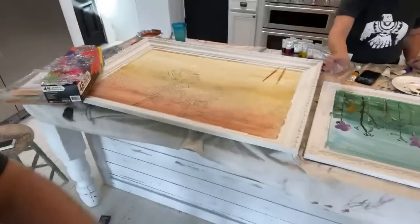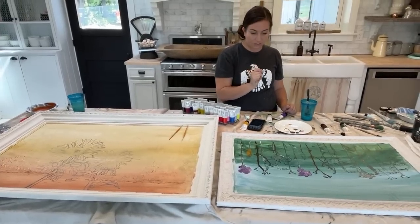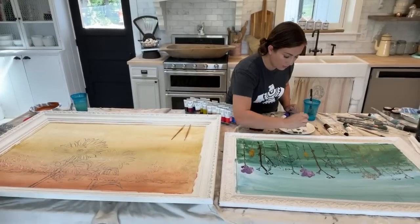I'll pull you guys back a little farther here. Sorry, all the camera shaking today. And we're gonna repaint over the frame a little. I'm looking back at my design here and trying to decide what I want to